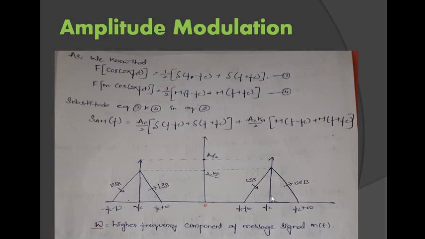So we have f_c plus omega and f_c minus omega. What is actually omega? This is nothing but the higher frequency component of your message signal, meaning the maximum frequency of your message signal. Here this is your f_c, the carrier frequency. At the upper side band you have the carrier frequency plus the higher frequency component. Here you have the carrier frequency minus the frequency component.